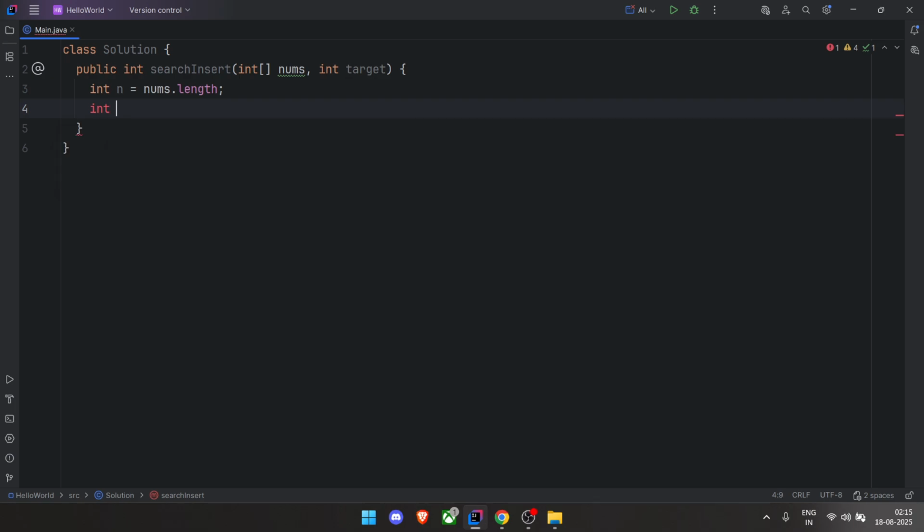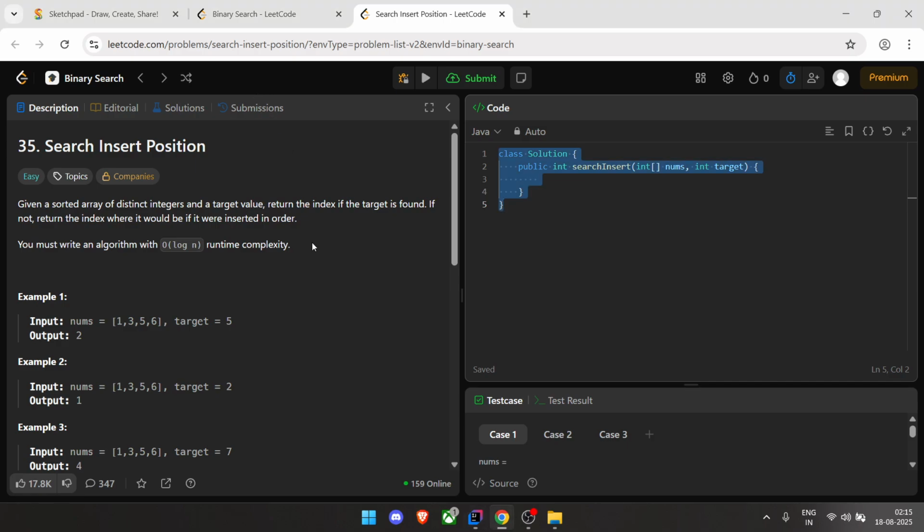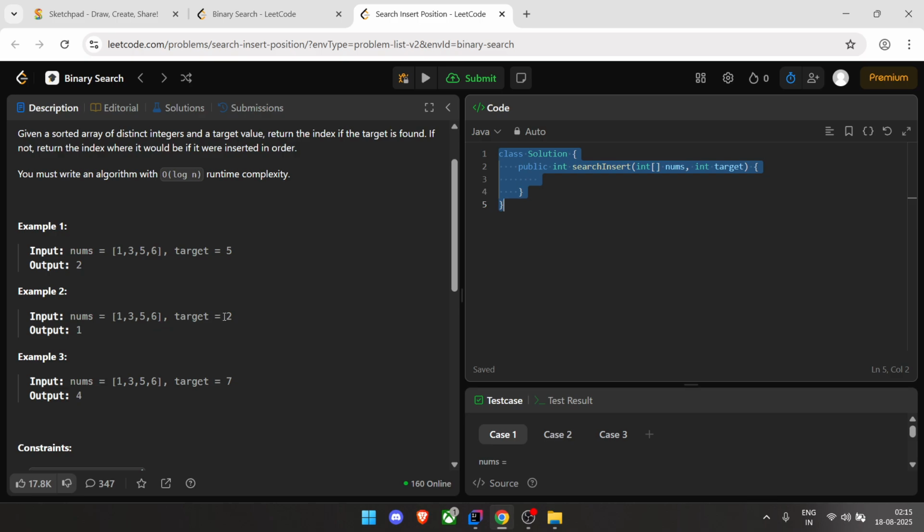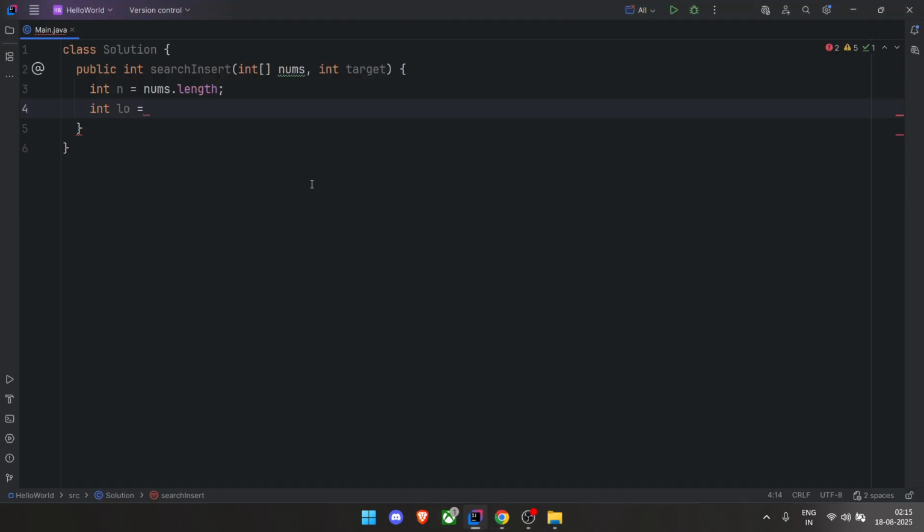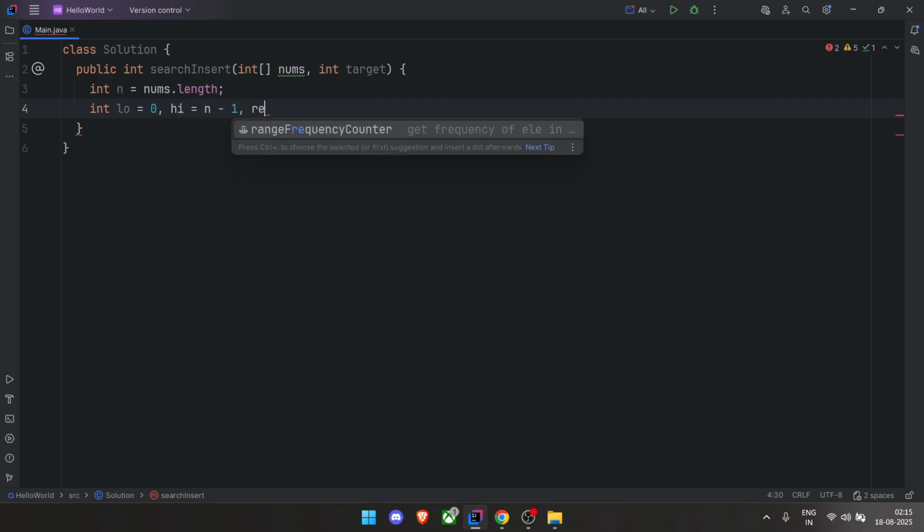Right? Int low is equal to, now although the upper bound would work in cases when the target is not present, it won't work in the cases when the target is present, because in this problem if you do an upper bound of 5, then you will get index 3, because that is the value that is strictly greater than 5, right? So we need to do a lower bound, right? So you can just simply do a binary search over this,